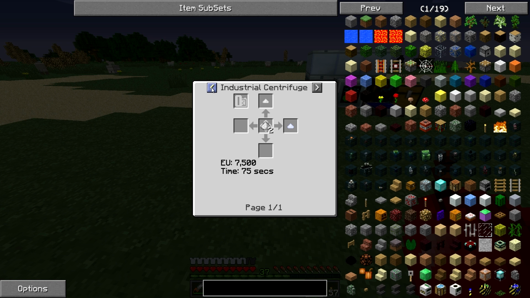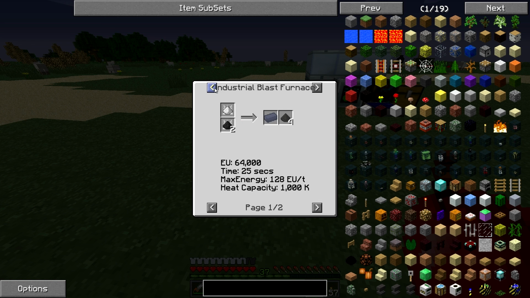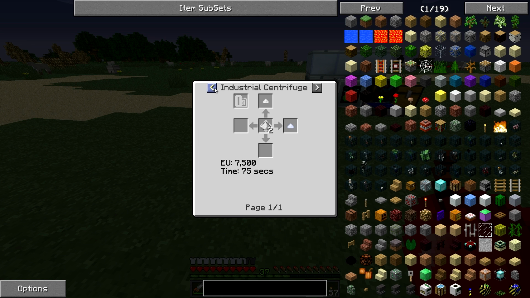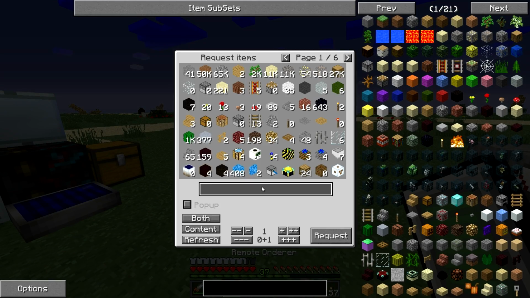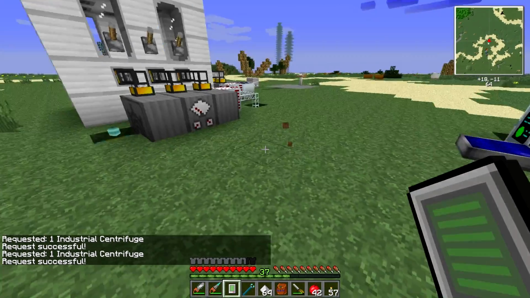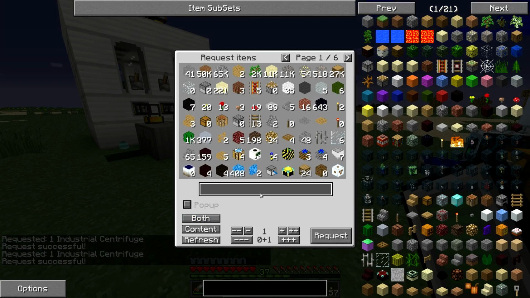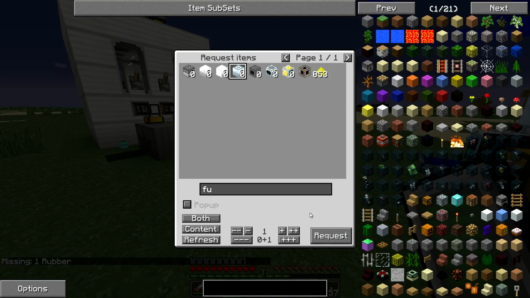I don't want steel ingots. Industrial centrifuge is something we're gonna put up here as well. Shapeless, smelting the normal way, induction smelter, powered furnace, and just an IC2 furnace should be able to work. Industrial centrifuge will give you tin and nickel, and yeah, so this is something we need to put a setup over here somewhere, and then we need an industrial furnace, induction furnace. We need 1 missing rubber,